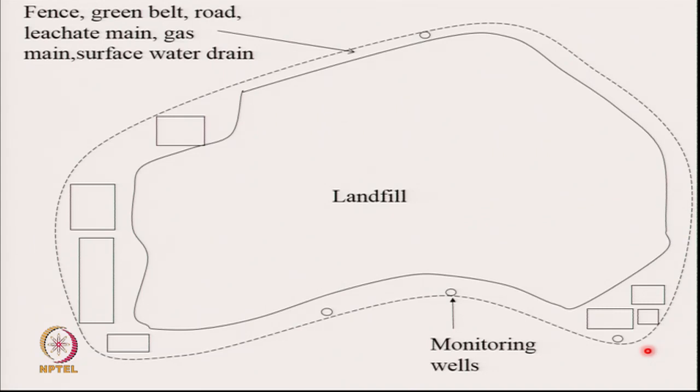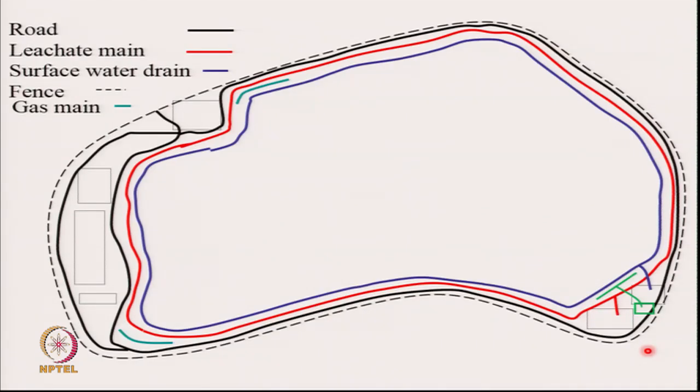Great. Now, the other major picture which should come into your head is this. That means that's your landfill. There will be a road, and there's a fencing all around. So first let us say that the dotted line, which is the boundary, becomes your fence. Normally you don't have a wall, you have a fence. Then there will be a peripheral road. You should be able to access any part of your landfill at any time on the peripheral road. You have a fire here, your fire tender has to go here,